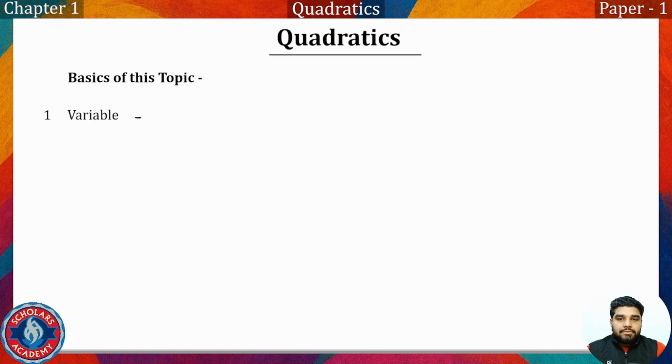First of all, variable. What is a variable? Normally in maths, what we do is we take x, y, z, a, b, c, these alphabets as variables. What do we mean by variable? Whenever we are not sure what a particular value is, we just take a variable in the place of that value. For example,